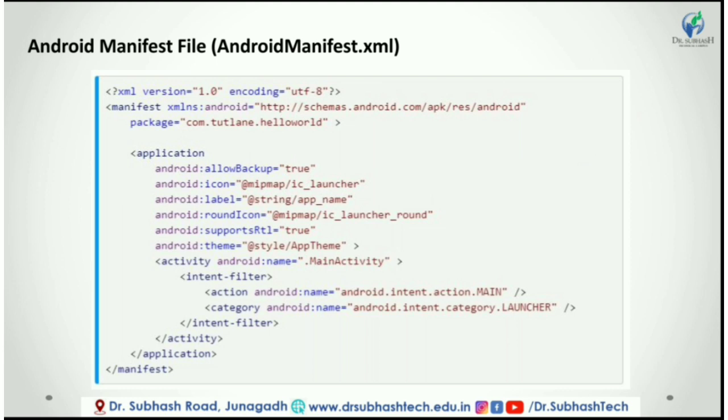In case we don't mention the MAIN action or LAUNCHER category for the main activity, our app icon will not appear in the home screen's list of apps. Following is the default code of the AndroidManifest.xml file which is generated by our Hello World application.